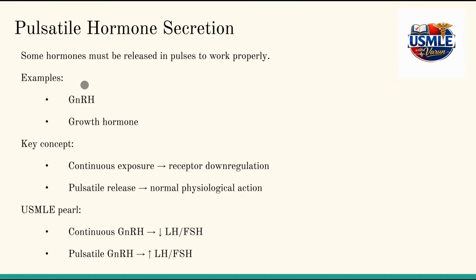So some hormones require pulsatile secretion to function normally. When there's continuous exposure, it can lead to downregulation of a receptor. So a few hormones need pulsatile hormone secretion to elicit a normal physiological action. Examples include gonadotropin releasing hormone and growth hormone. The key concept here is that continuous exposure leads to downregulation of receptor, whereas pulsatile release, just giving it